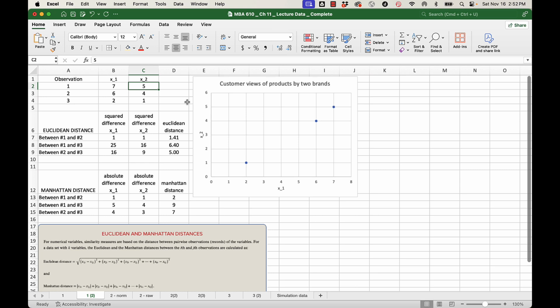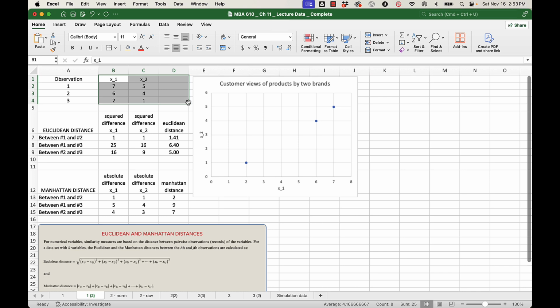Well, it's probably not hard to imagine that if we're trying to do customer segmentation, we really have more than three people we're looking at. And we have more than three variables. When we have large data sets, R will calculate all the similarity measures for us. And so we're not going to have to do that, but what we are going to need to